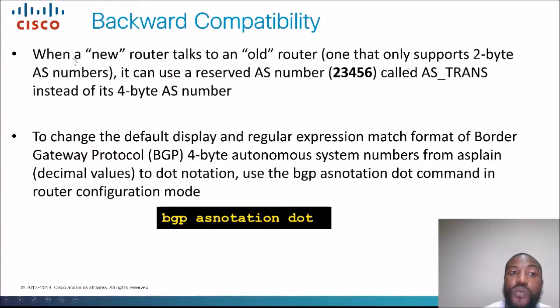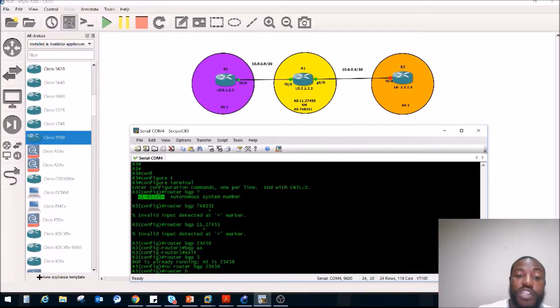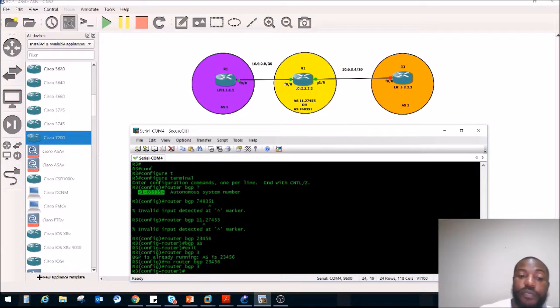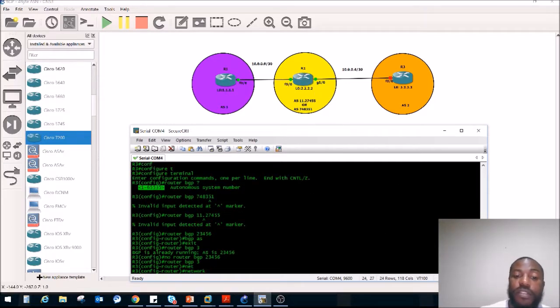We said that when a new router talks to an old router, one that supports 2-byte AS numbers, it can use a reserved AS number, 23456, called AS_TRANS, instead of its 4-byte AS number. And that's what we're going to do. We're going to use this number to communicate with our BGP peer. Router BGP 3, and then we want to make him our neighbor. How do we make him our neighbor again? We're going to say neighbor